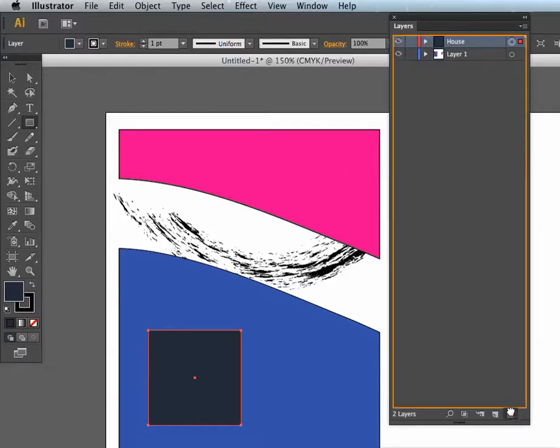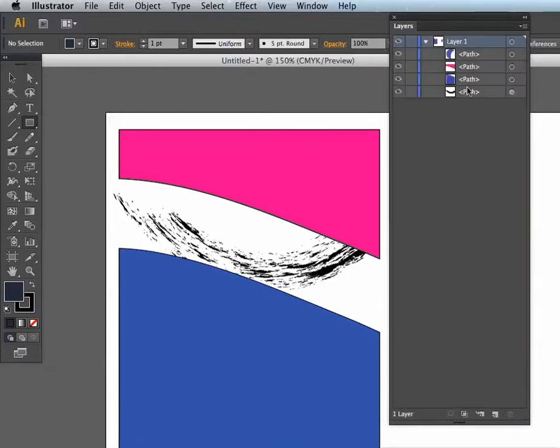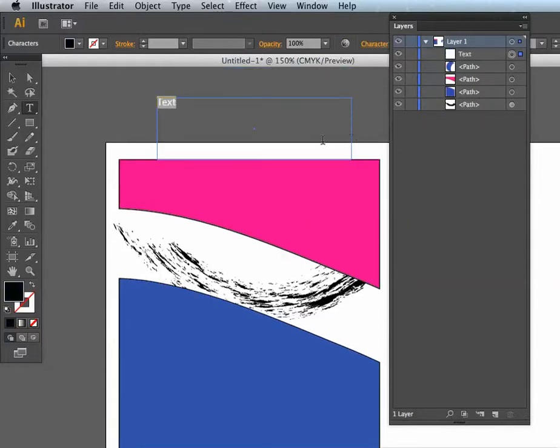So I'll just trash that in the little trash can. There's my layers. There it is. So that's how it works in terms of text. We'll talk a lot more about text later. But as you notice, I will just put some text up here because there's one other thing I wanted to mention, and that is